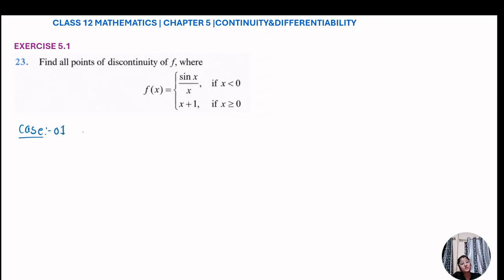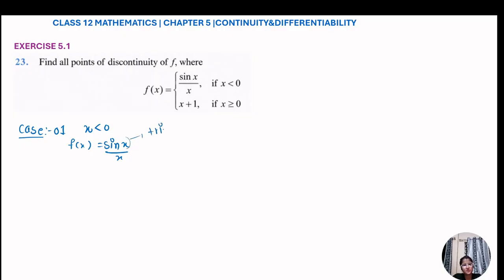So case 1, when my x is strictly less than 0. When x is strictly less than 0, my function f of x is defined as sin x by x. You can see my f of x is defined like sin x by x. This is my function, and we know that sin x is continuous and x is continuous. I hope you also know that sin x is a continuous function for all its domain, and x is a continuous function in all its domain,